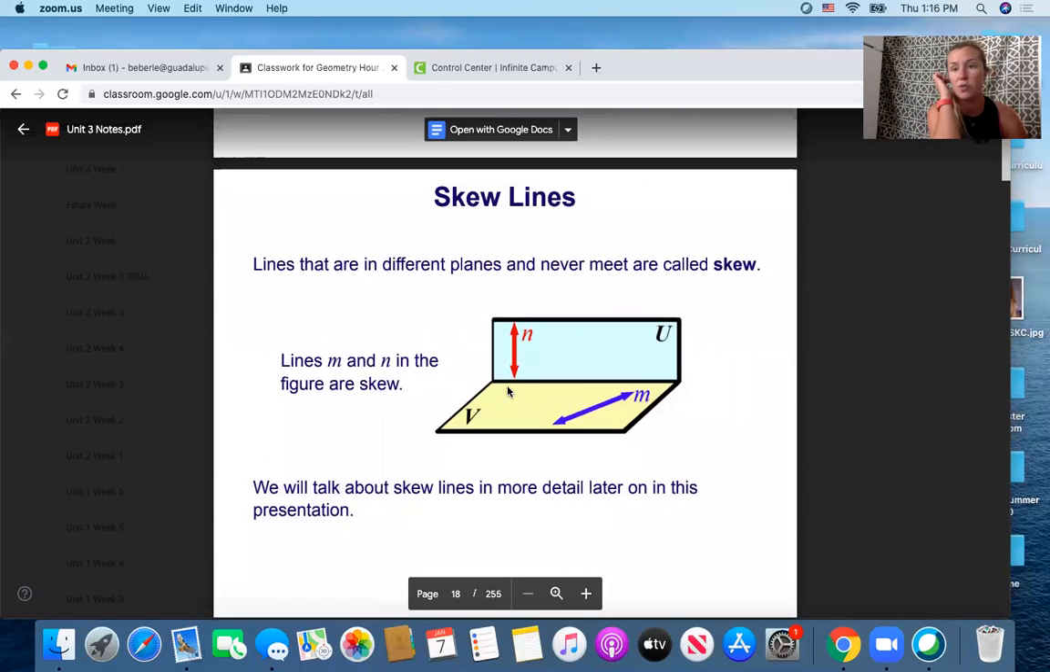Now we're going to talk about skew lines, which we learned about previously, basically right after Thanksgiving break. And so lines that are in different planes and never meet are called skew. So if we look at this picture, you see a red line and a blue line. Lines M and N in the figure are skew. Why are they skew? Well, if we were to really break down what's happening here,